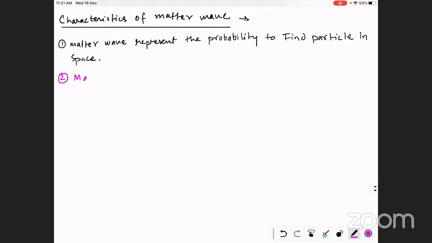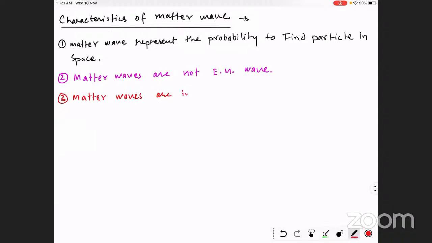ठीक है, जैसा कि मैंने पहले भी बोला, matter waves are not EM waves. मैटर वेव EM वेव तो बिल्कुल भी नहीं है. Okay. Now matter wave means de Broglie waves